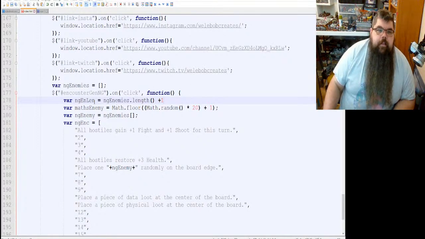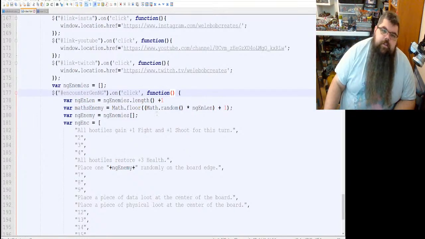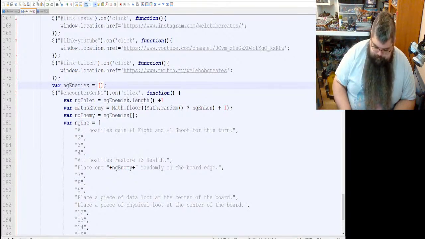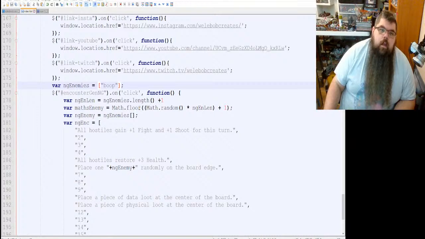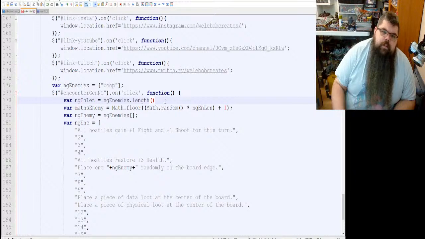All right, and then that's going to go in there. Okay, so what this is going to do is, this length here, actually I don't know if this is a function or not. We'll see if it yells at us in a minute. It's going to check how many items are in this. Do we actually need the +1? No, we don't. We don't need the +1.